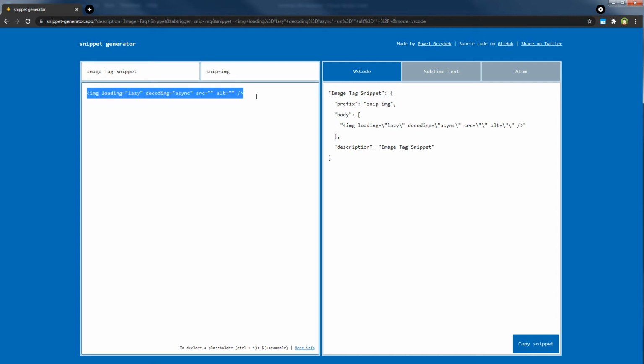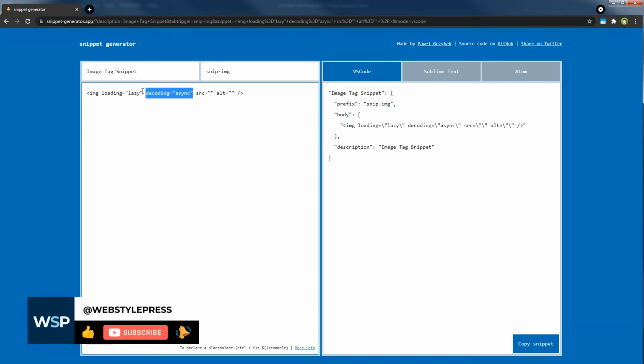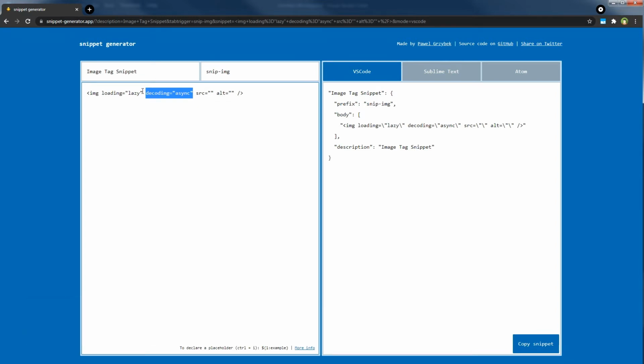We need additional attribute in img tag for lazy loading and async support. The loading attribute specifies whether a browser should load an image immediately or to defer loading of images until the user scrolls near them. The decoding property of the image represents a hint given to the browser on how it should decode the image. Async value means to decode the image asynchronously to reduce delay in presenting other content. While images will be loading, other web content won't be affected. Do not ignore these two attributes. Make this mandatory for all images in your website.